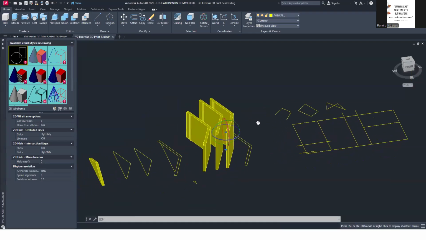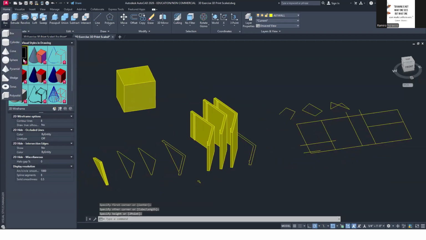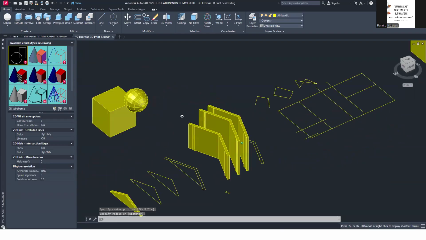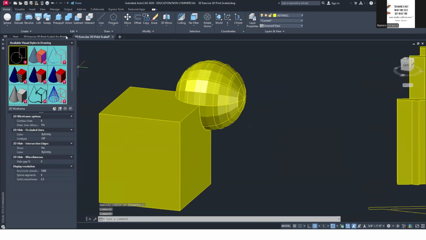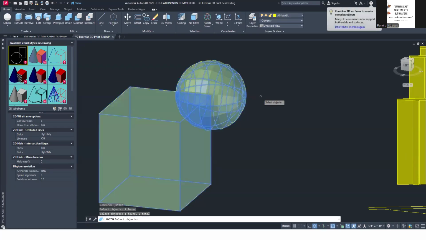So if you have two objects that are intersecting, let's say a box. So if I have a box and let's say I have a sphere right here. So these two are intersecting objects. So I can do Boolean operations. Union, it becomes one object. Right now, there are two separate objects. If I click union and select the two, it becomes united. So select union or type UN, select the two, now it becomes one. Okay, so undo.